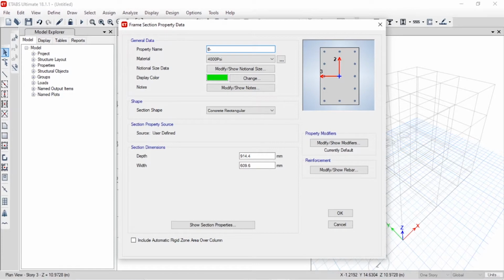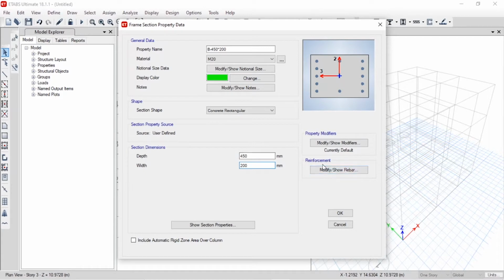I'm going to name it as beam 450 mm into 200 mm, and choose the material as M20 grade. The depth is 450 mm, that is 1.5 feet, and the width is 200 mm, that is 8 inches.